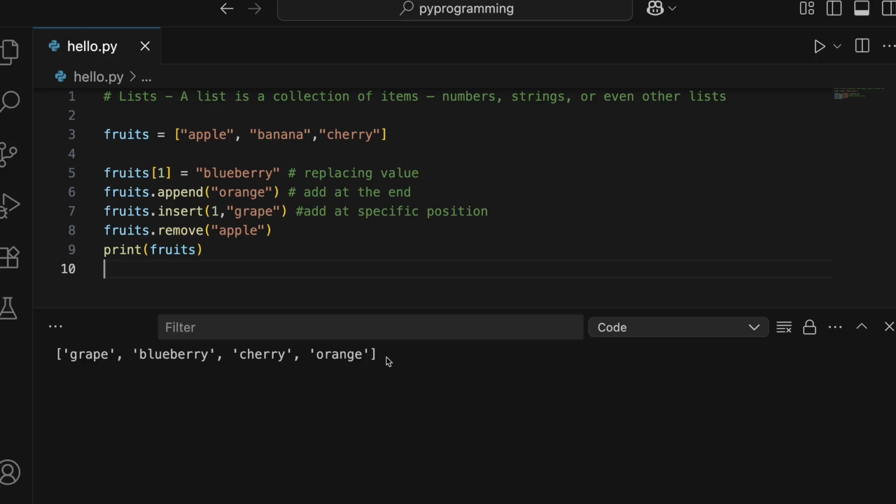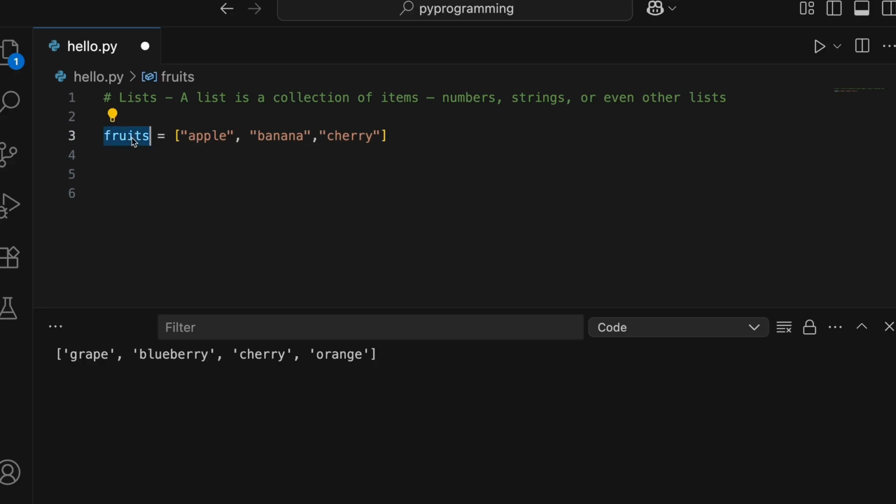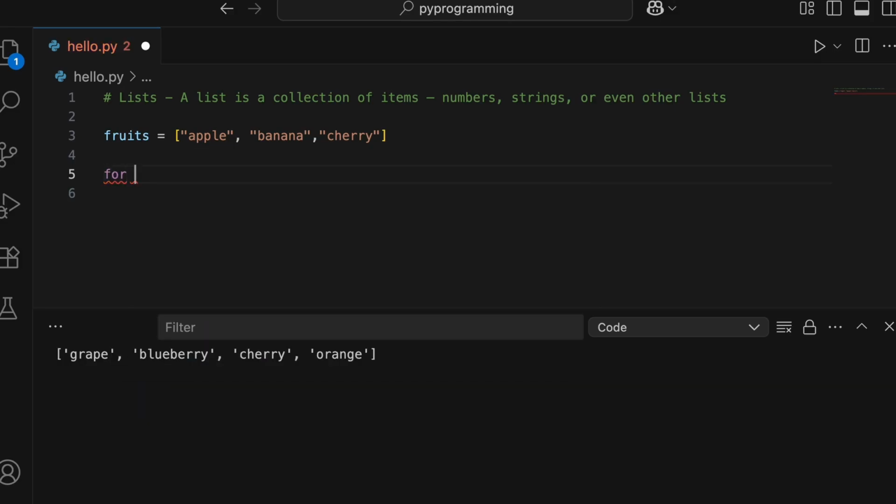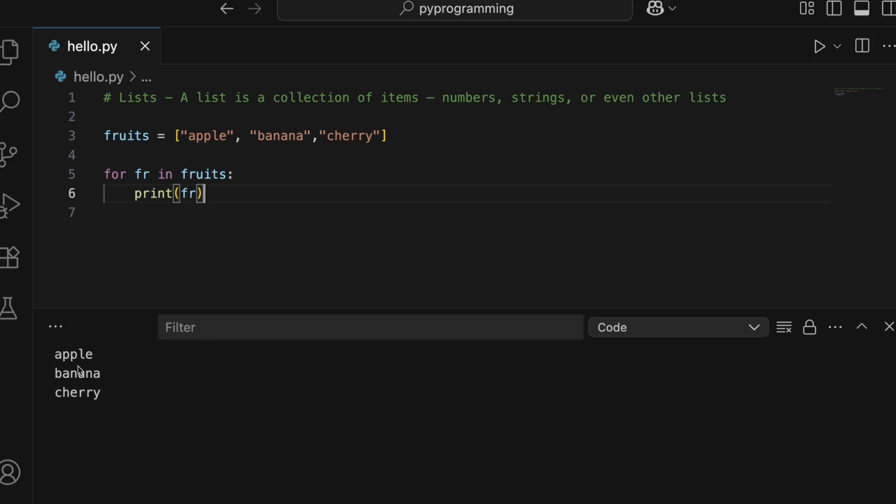You would have to write a loop, right? So let's just go ahead and use a for loop for that. So I will iterate over this list. And if you remember the previous session, to write a for loop, we'll start it like this. Mention the keyword for and then mention a counter. You can give any name. Here I will just give fr and then in, and I want to iterate over fruits. Put a colon to start the block and then print the counter value. Let's run this now. So now you see all the items got printed one by one.